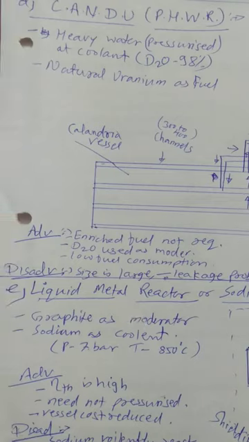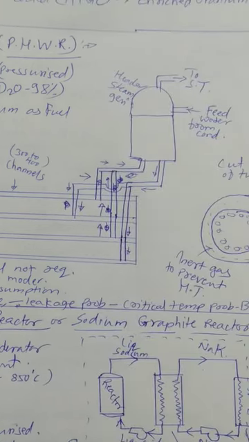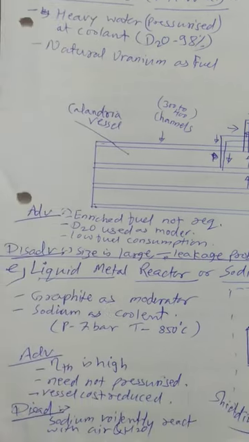So the primary circuit uses D2O and later on feed water. The flow through the fuel element leaves the pressure tube at about 370 degrees after absorbing the heat generated due to the fission of the fuel, and that heat is later given in a steam generator to the water coming from the feed water. So if you see, low fuel consumption is also there.